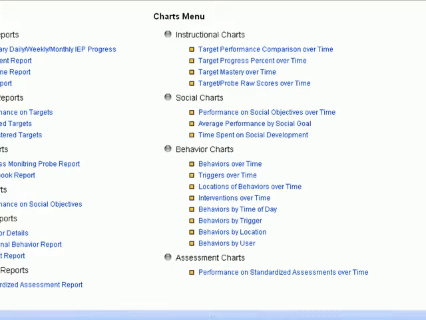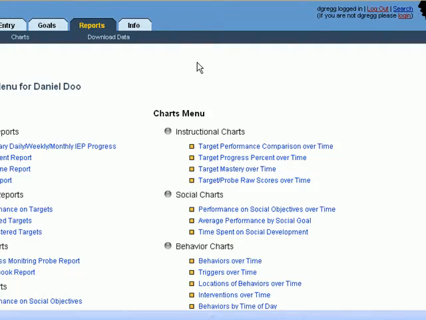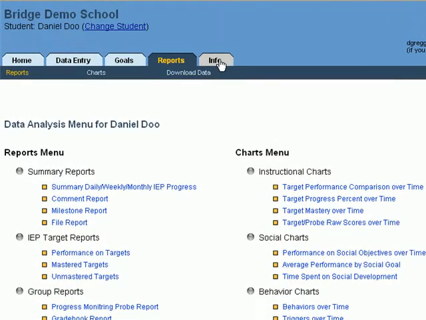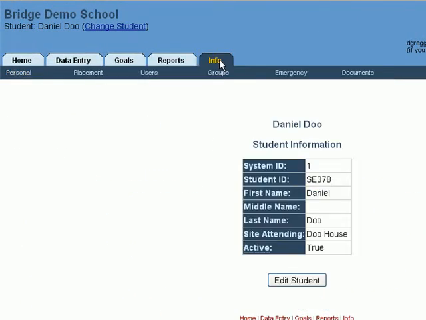The last tab you see for an individual student is the Info tab, and that gives you basic information about the student, from the minimum required information for DDtrac to work, which is the student's name, the first name and last name, site they attended, and whether or not they're currently active and you're taking data on them. You can also enter personal data for the student, their parents, their guardian information, their placement data, what services they're receiving,